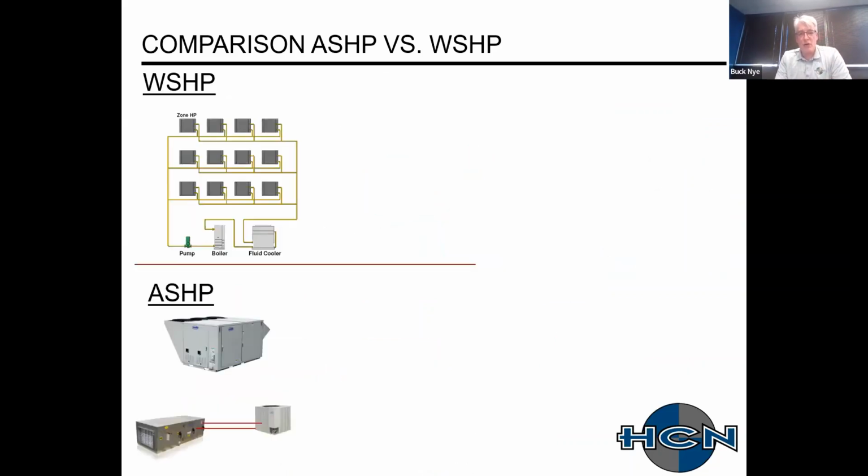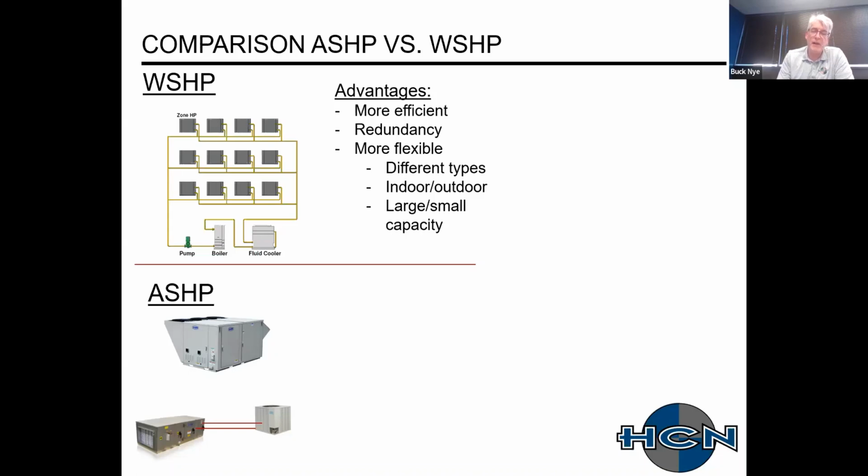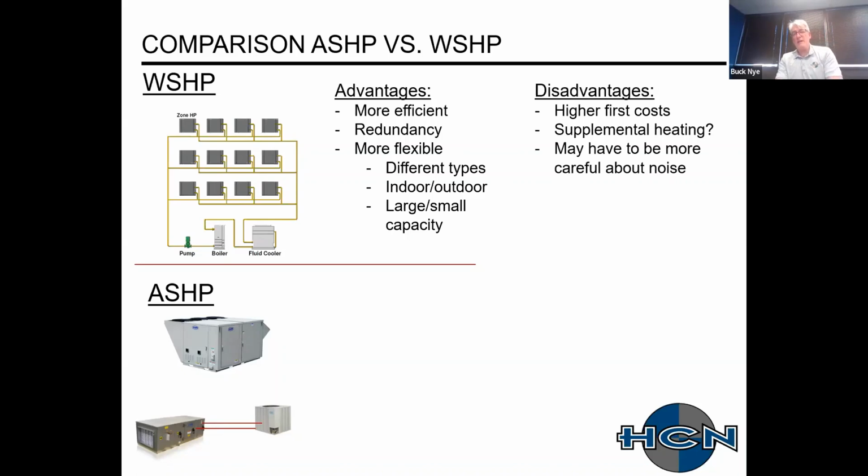And then just a quick overall comparison of your water source heat pump system versus your airside heat pump. The airside I considered a rooftop unit, and maybe splits, maybe VRF could be included in there. Just the advantages of the water source heat pump, because you're using water and lower ambient wet bulb temperatures versus dry bulb, you're traditionally more efficient. This is an airside heat pump. You have redundancy with the multiple indoor units. And then also those indoor units have much more flexibility in terms of where they can be located and types, et cetera. The disadvantages of the water